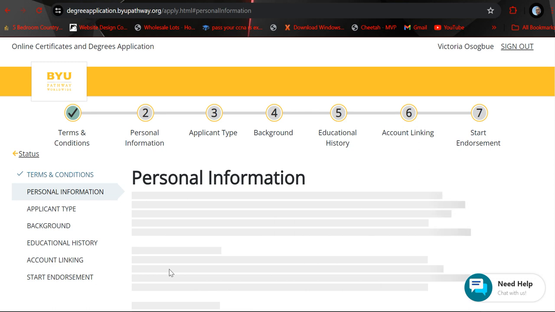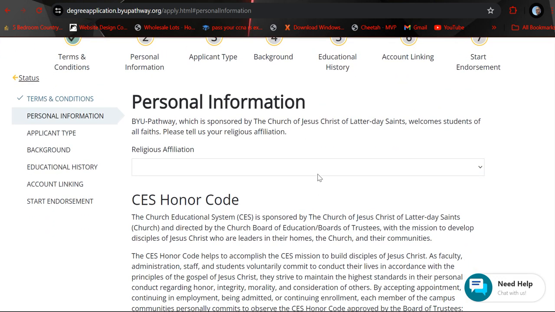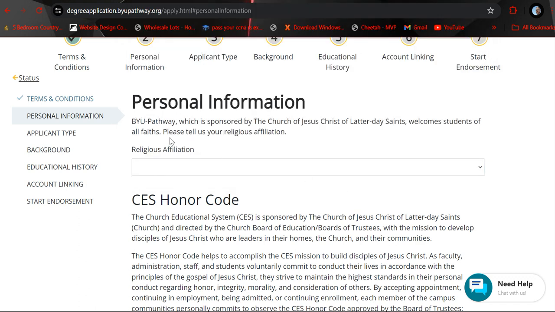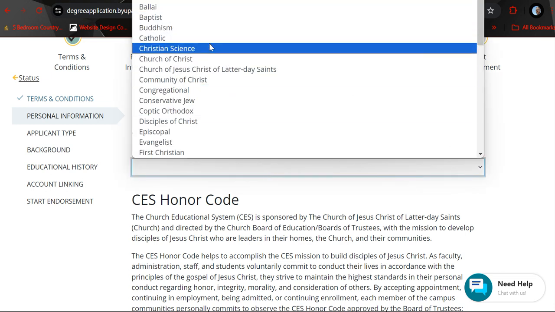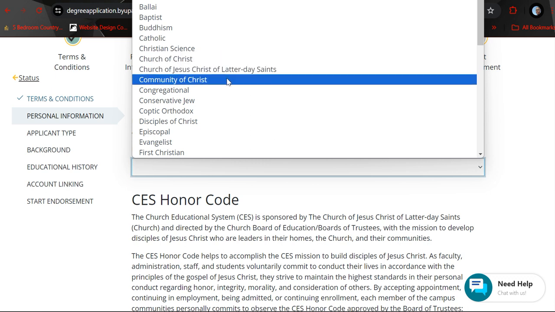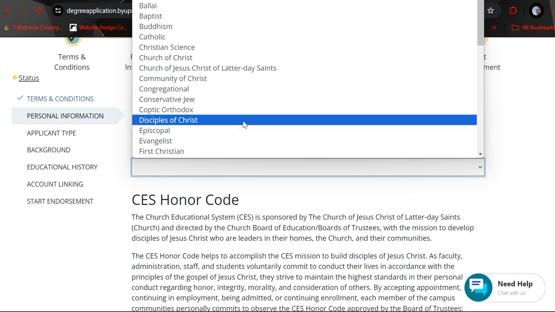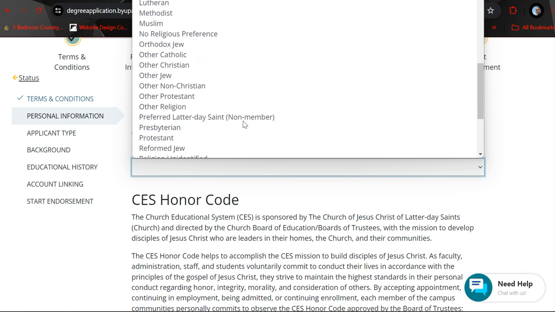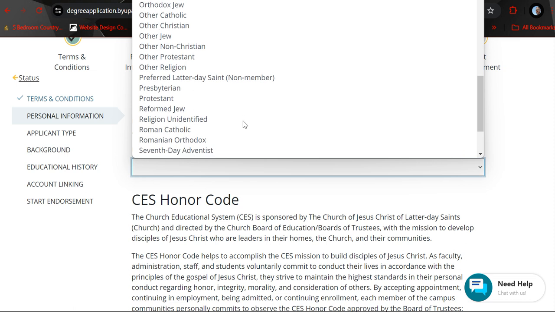Okay, this is the personal information. This is the area we spoke about, that we're having issues with, so we'll fill this in. It's talking about religious affiliation. Buddhist, Catholic, Christian Science, Church of Christ, Church of Jesus Christ of Latter-day Saints. So for us, we are Pentecostals. So, other religion